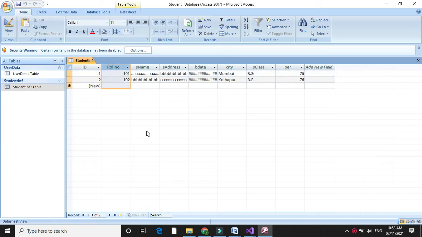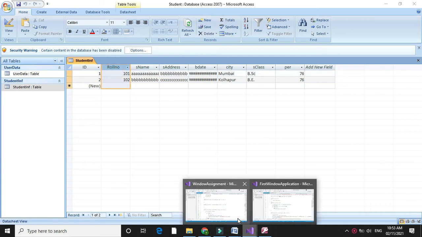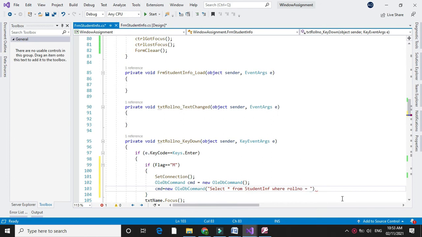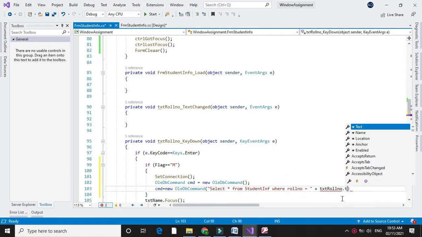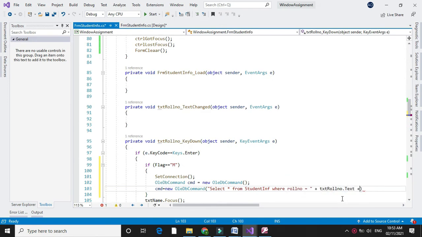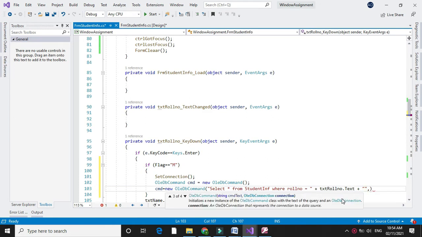So roll number equal to, it is an integer value, so just double quote plus txt roll number dot text plus equal to and comma connection.